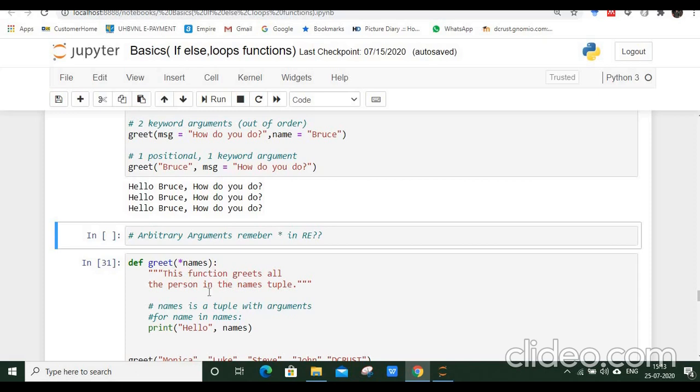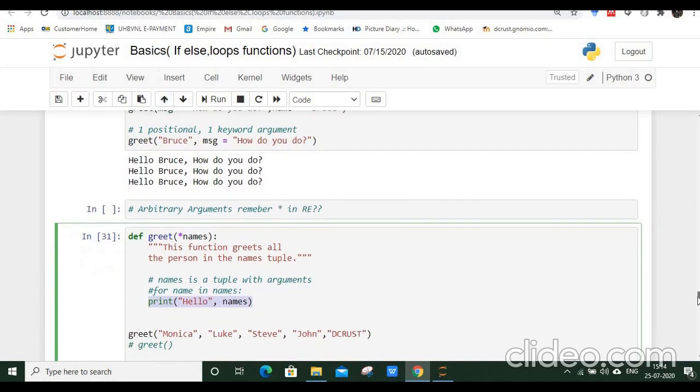Okay, see, we are defining the function in the same way, and the only difference is that we have put this star in front of this parameter name. Inside this function, we are just printing the values of the names we are passing to this function.